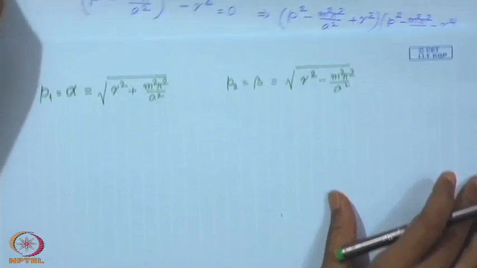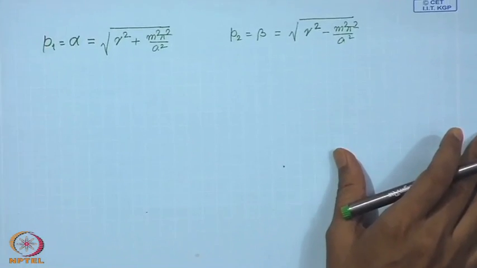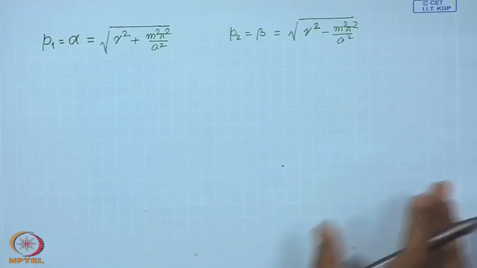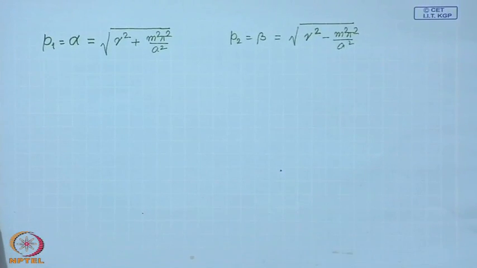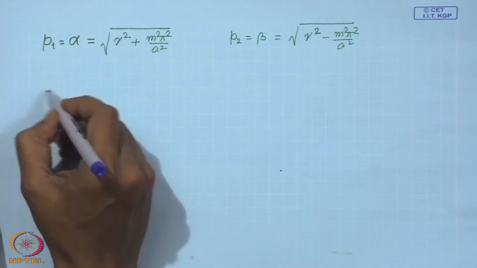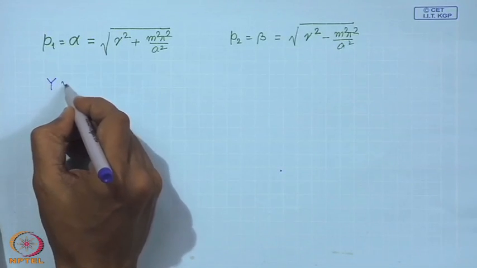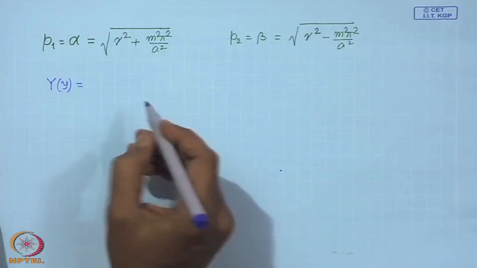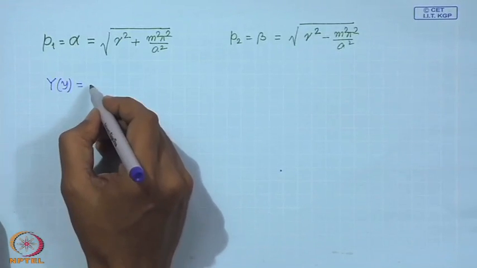So, we have these two solutions, and so correspondingly we can write Y as